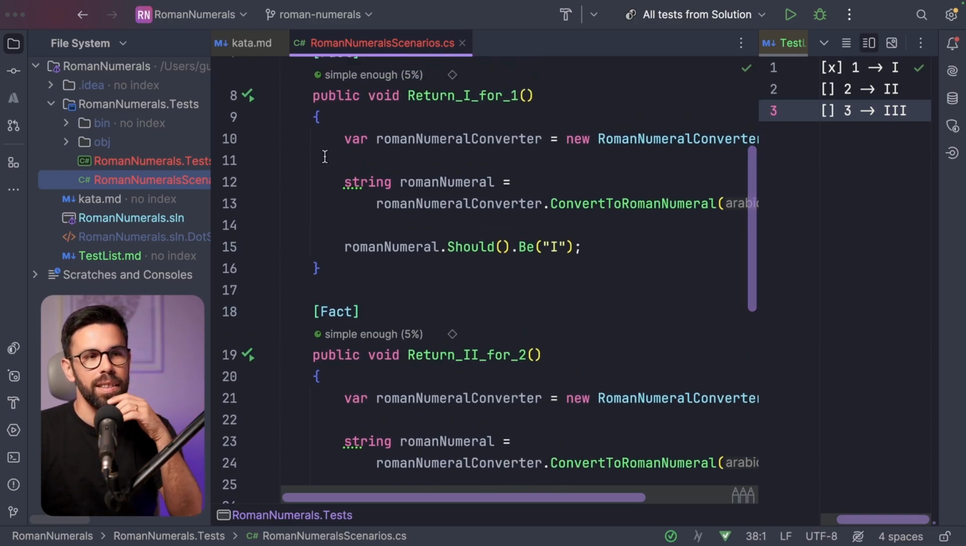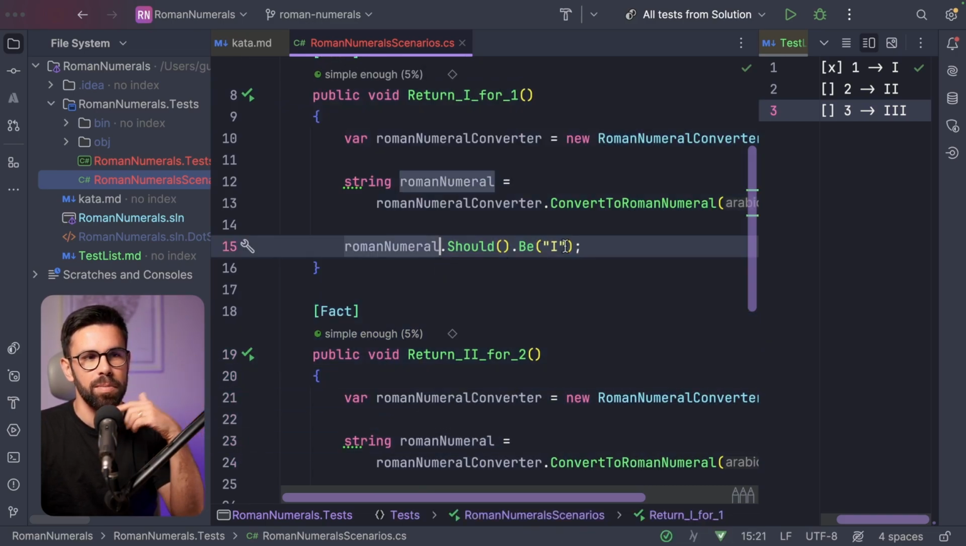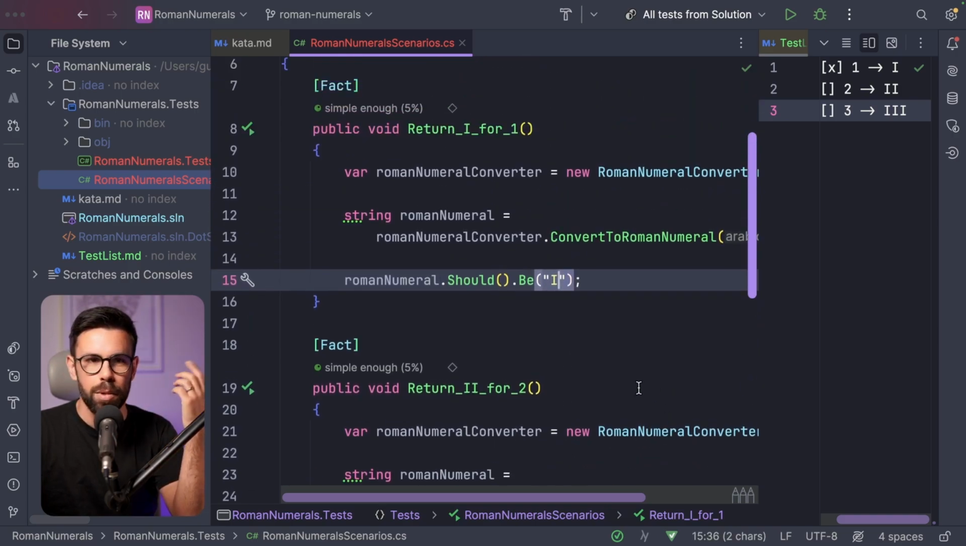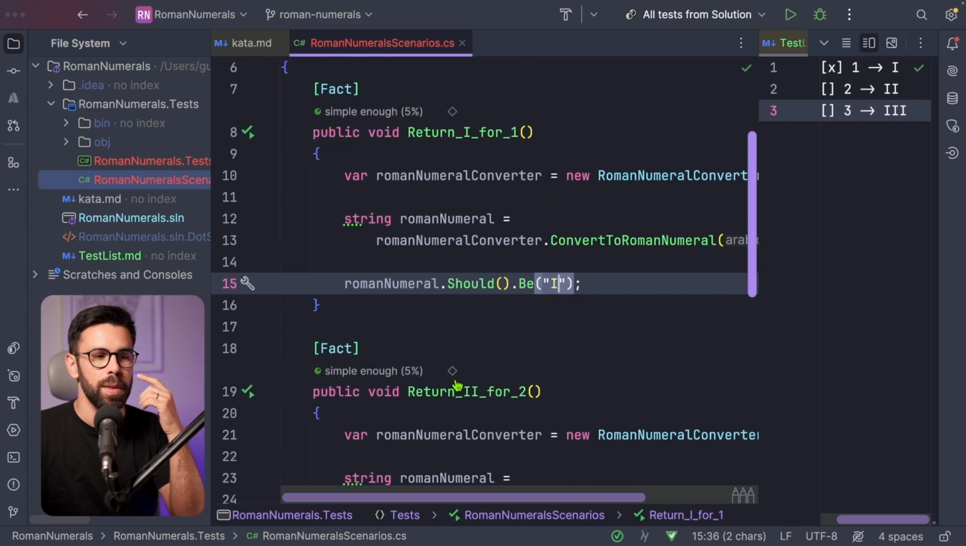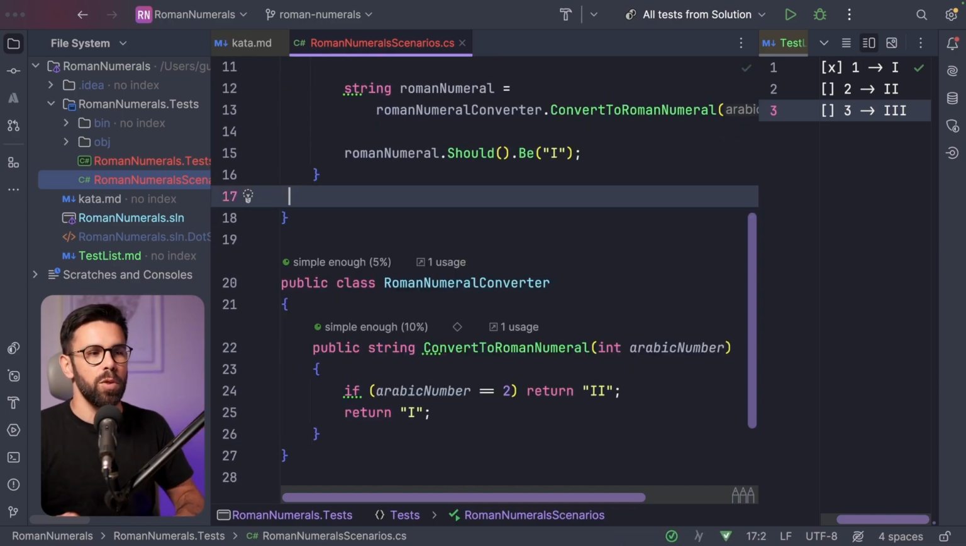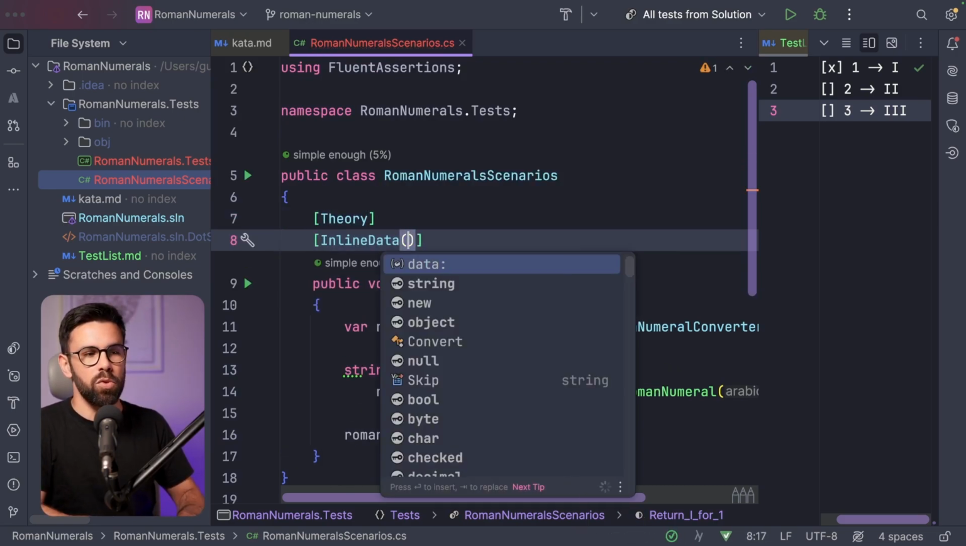And it's quite clear that those two tests have a lot of duplication. The only thing that is changing is the I here. In one you have 1, in the other one you have 2, and the number. So what we can do is throw away one of those tests. Let's throw away this one, and we'll convert our test into a theory, and that means that we can provide